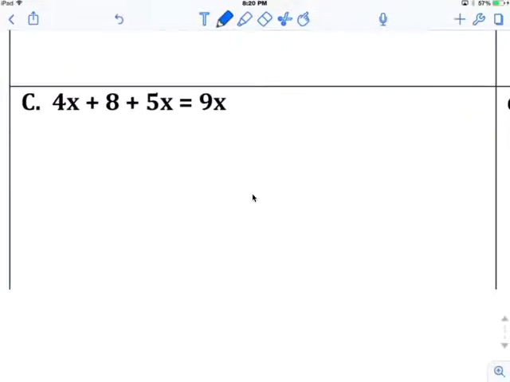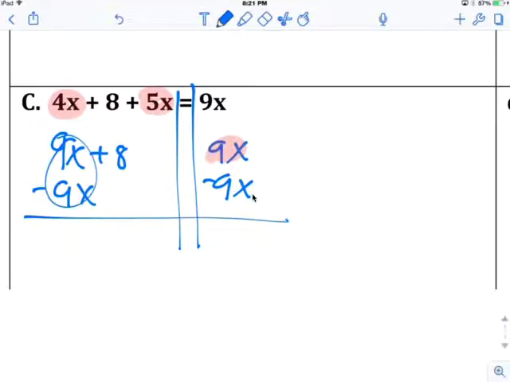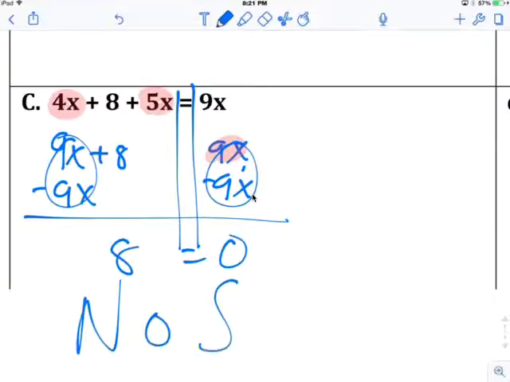Cut and paste from another homework assignment, you guys, if you didn't notice. These two are alike. Combine them. 9x plus 8. Make the x equal to 0 because this side is an x, so minus 9x. Minus 9x. 0 plus 8 is 8 equals, this is 0. Make sure you put 0 there, no solution. Okay,